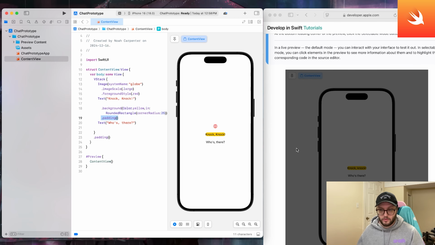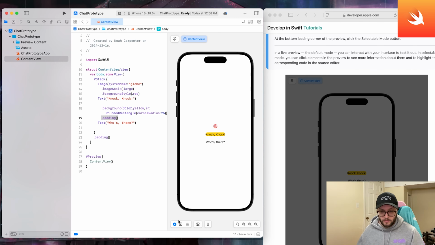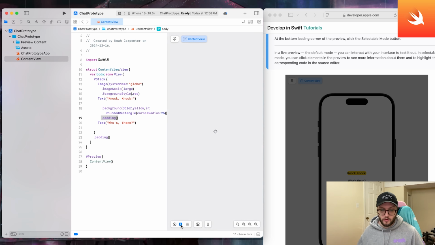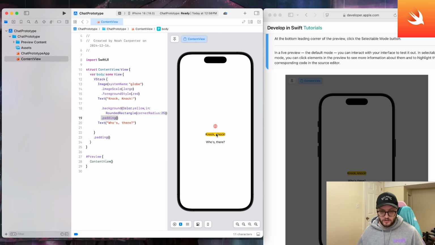So we can use a pretty cool tool here. Currently with our preview, we're in live preview. So this little bar under our preview, it says live. If we were to go to the middle option, which looks like a mouse inside of a square, we can go on selectable. And this allows us to select different objects. So if I click on our knock knock, you can see a highlight on the left side